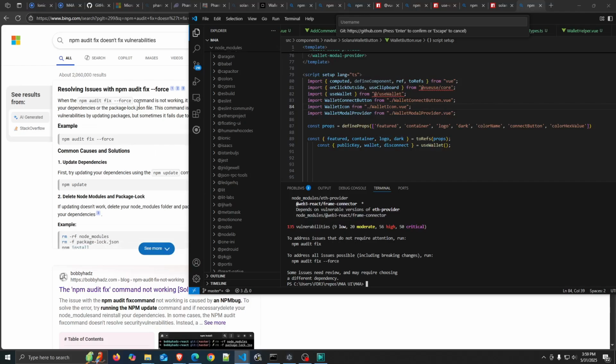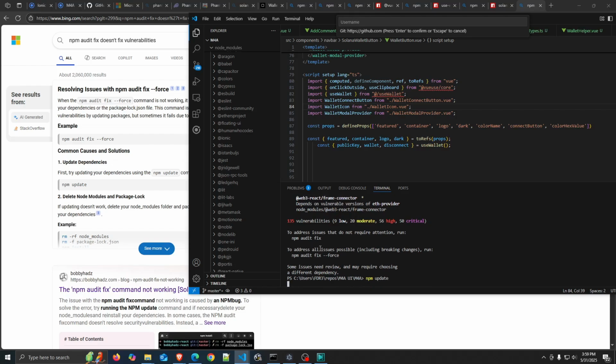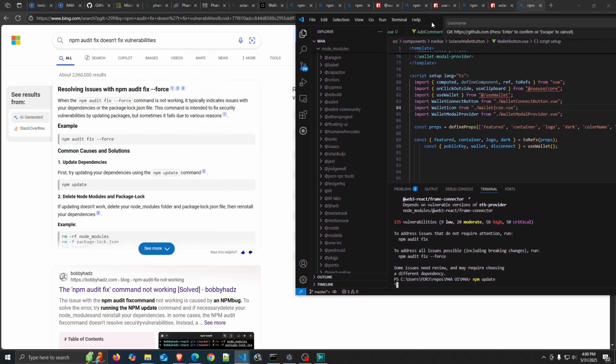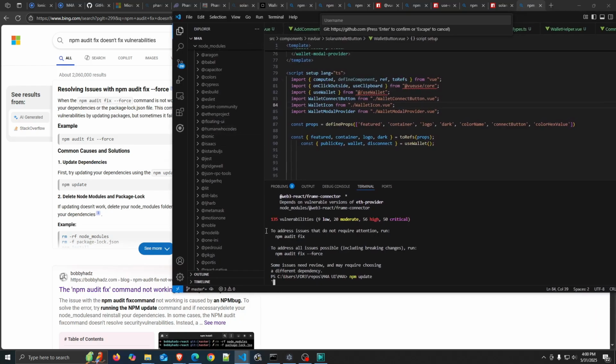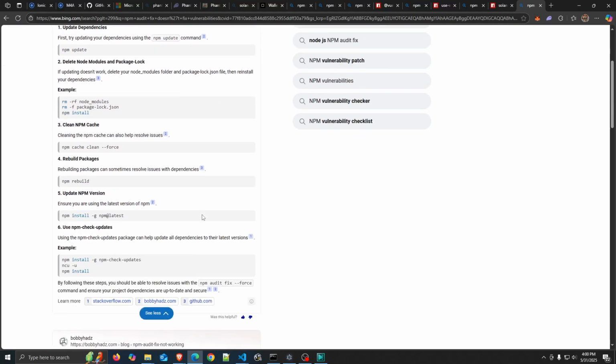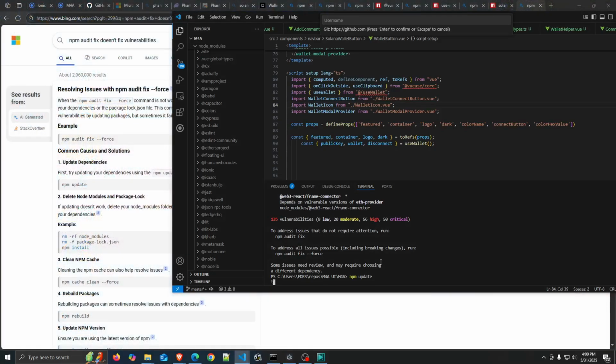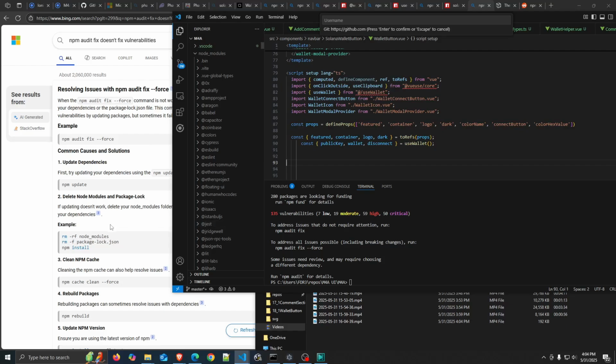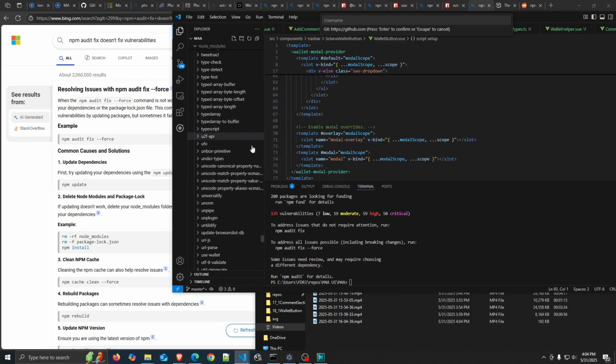Okay, since the npm force isn't working, one suggestion is to try npm update. See if maybe that'll get rid of the vulnerability issues. After that, suggest for deleting the folders, then reinstall your dependencies, like reinstalling all of them. Hopefully this works, but we'll see. Okay, that didn't work either, but something else that was suggested is that we can delete our node modules folder